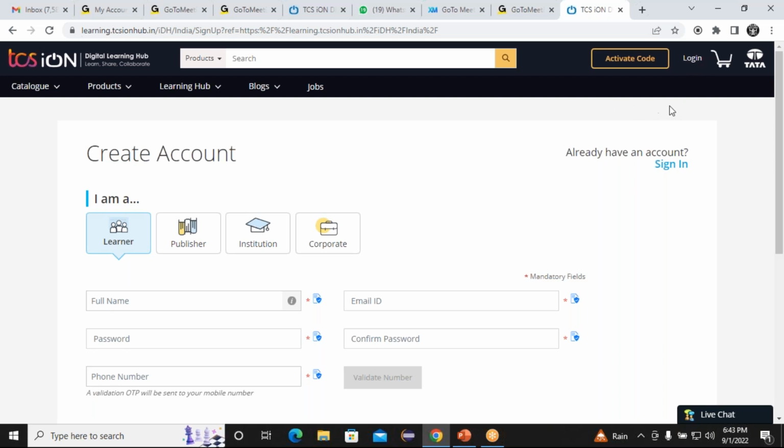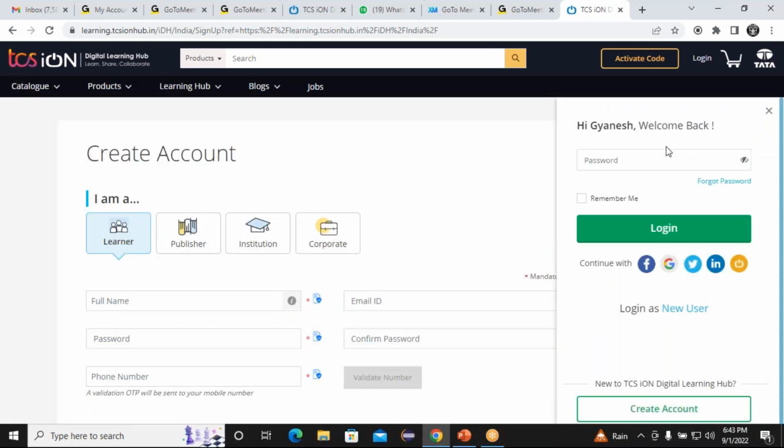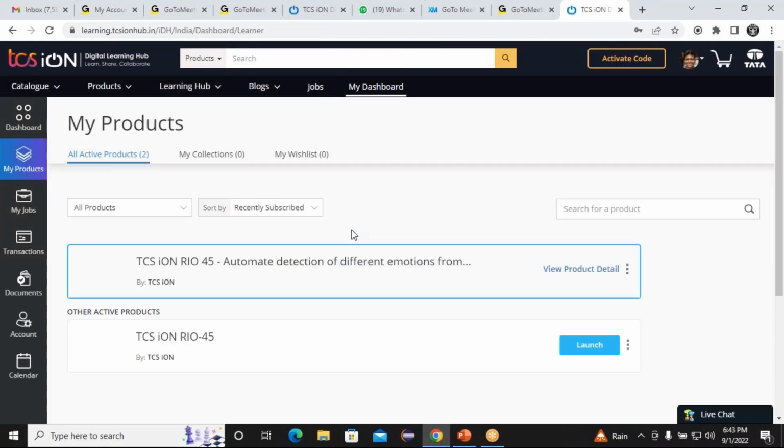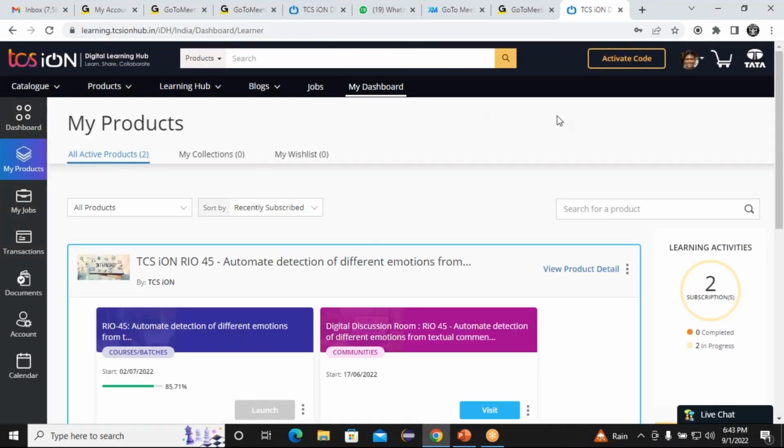This is one of the student profiles. After the account is created, you need to click on New User, enter your registered email ID, use your proper password credentials and click the login button. Once you log in, this is your TCS internship portal. From the left hand side, you can find